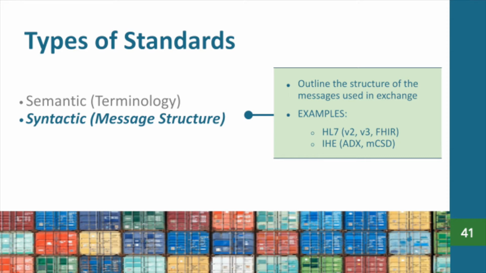There are all types of standards used to support computer systems. OpenHIE focuses on two main types of standards. The first is semantic or terminology standards that focus on standardizing the meaning of health-related terms. The second is syntactic standards that are about the format of the message or the sentence structure of the data that is exchanged between different health information components. For example, a client registry may need to share registration or get registration information with a point of care system like an EMR. In this section, we will focus on syntactic standards.